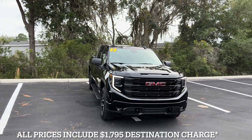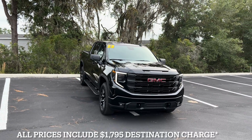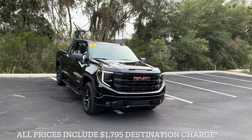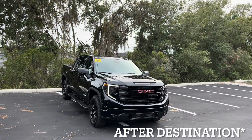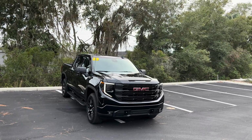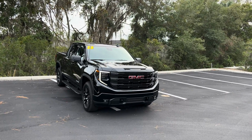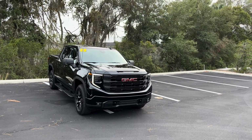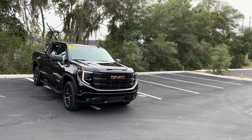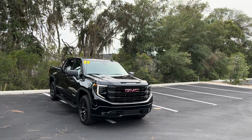For 2023, the Sierra is available in 8 different trim levels for the Crew Cab 4x4, starting with the Pro with a 2.7-liter turbocharged 4-cylinder and a base price of $47,195. You can upgrade to the 5.3 for the Pro, still with 4x4 of course, sitting at $49,135 for a base Sierra with the 5.3-liter engine, Crew Cab, and 4x4. You can upgrade to the SLE, which gives us the 12.3-inch digital gauge cluster with the 2.7. The SLE starts at $56,695. The 5.3 a couple thousand bucks above that. About $800 above the 5.3 sits the 3-liter Duramax diesel, which starts at